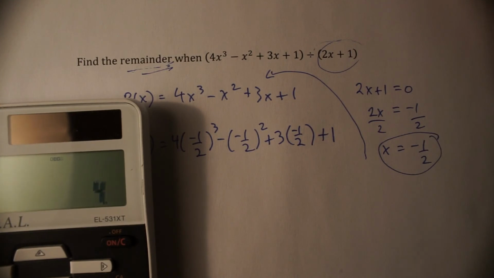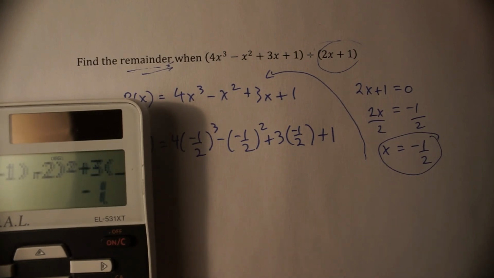So 4 bracket negative 1, see that little button there? Over 2 bracket cubed, and then subtract bracket negative 1 over 2 bracket squared